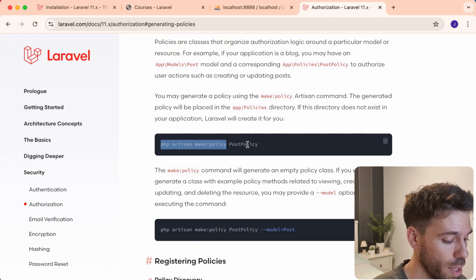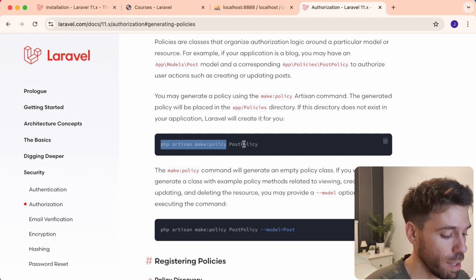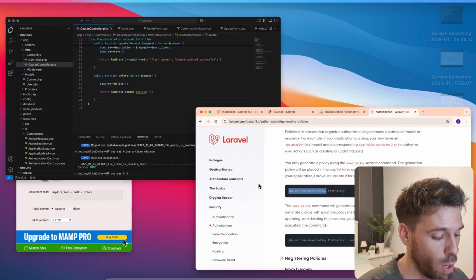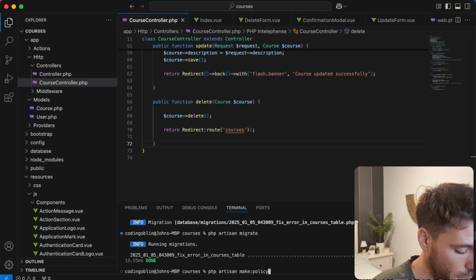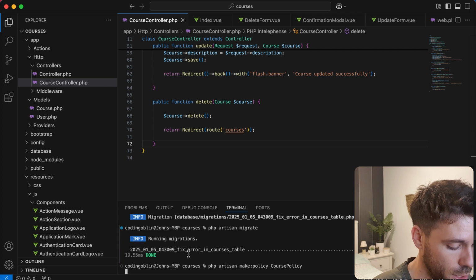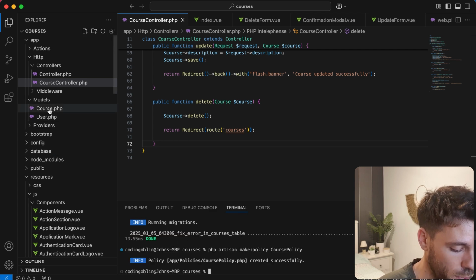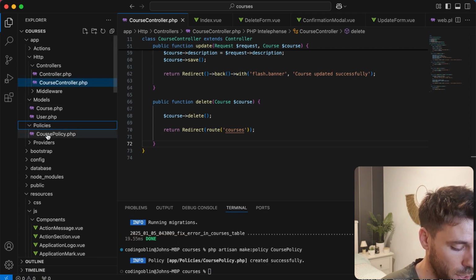Now if you use the model name followed by policy, it will all work nicely. So it should just work. So we're going to try it and see what happens. So we're going to run this artisan command, and we're going to say course policy, and this is going to create a new folder over here somewhere, policies, and we're going to have this